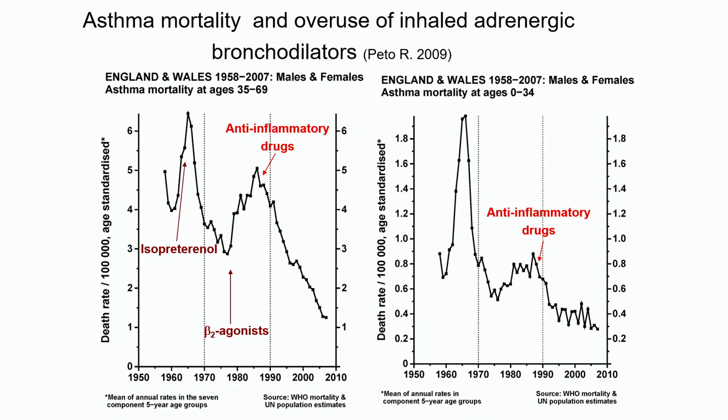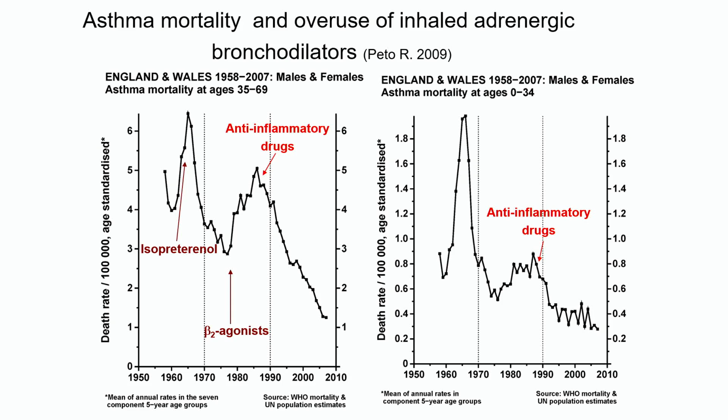Okay. Well, with these beta agonists, everybody thought they had the problem solved. To some extent they did, because it was a very good treatment, as you'll all know. But what started to appear in Australia, New Zealand, and the UK was the increase in asthma mortality that was linked to the overuse of these